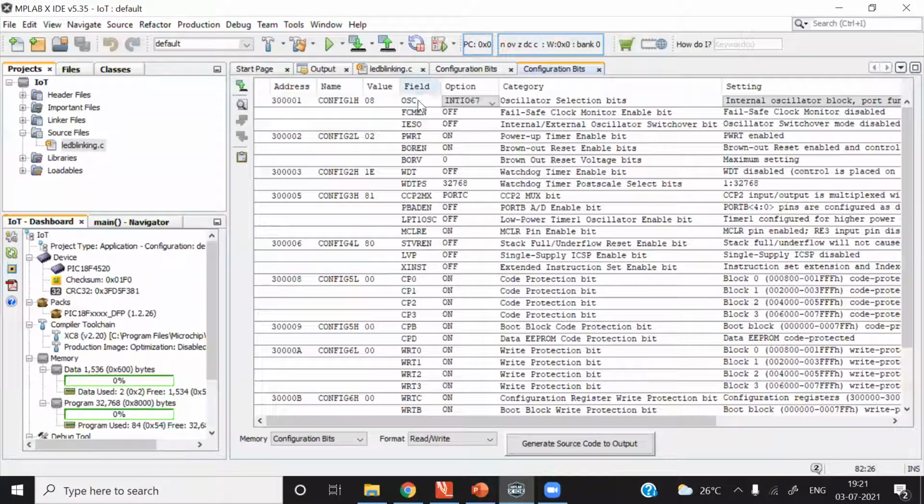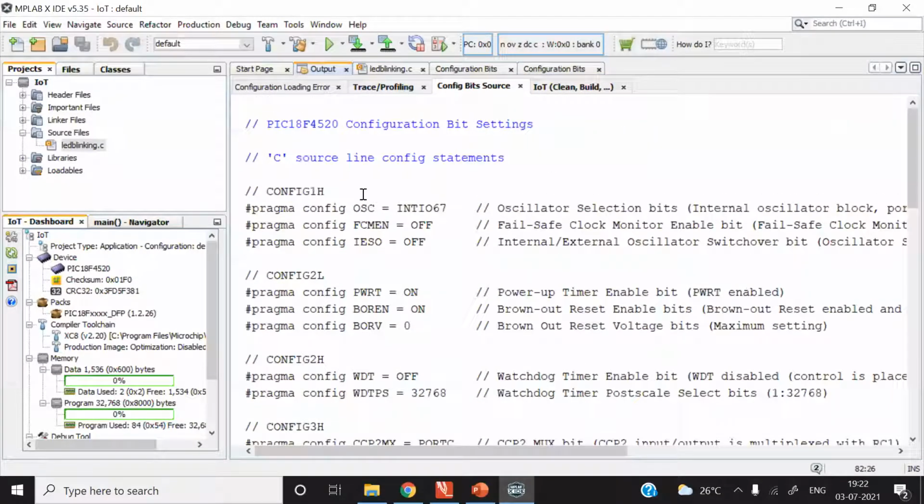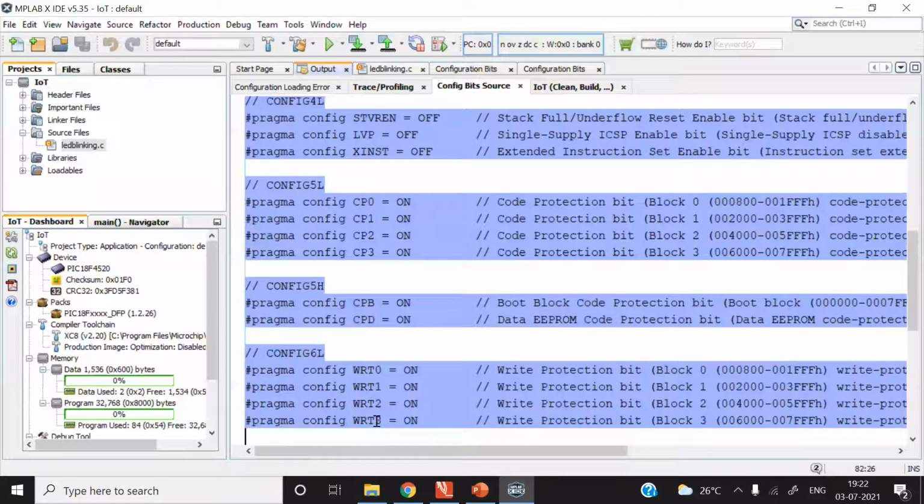Here, with the help of these different fields, according to your requirement, either enable them, disable them, or configure as per your requirement. After doing that, at the bottom of this window, there is one button called Generate Source Code to Output. It will generate code only for configuration memory. So after clicking on this button, code for configuration memory is generated here as per your setting. Just copy this and paste it in your C file. That's it.